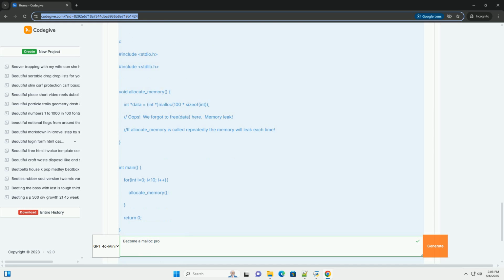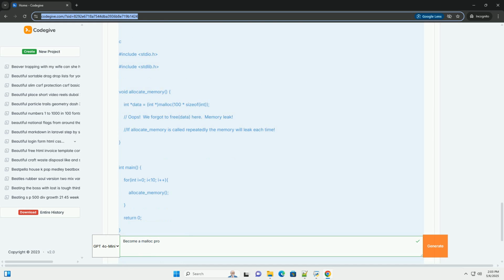Now let's move beyond the basics and explore some advanced techniques and best practices for memory management. Memory pools: a memory pool, also called a memory arena or a fixed-size allocator, is a technique for improving the efficiency of memory allocation and deallocation in situations where you need to allocate and deallocate many small, fixed-size objects. Instead of using malloc and free directly for each object, you allocate a large block of memory from which you then allocate smaller blocks. Benefits of memory pools: